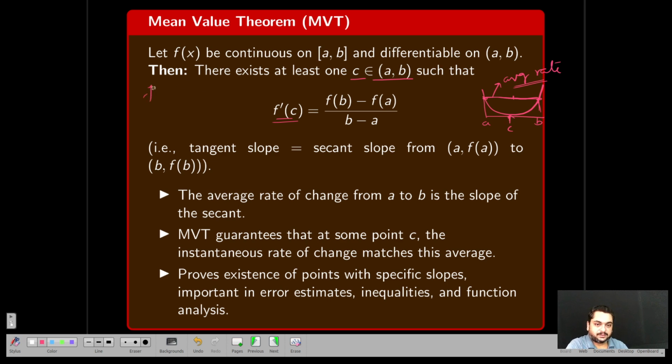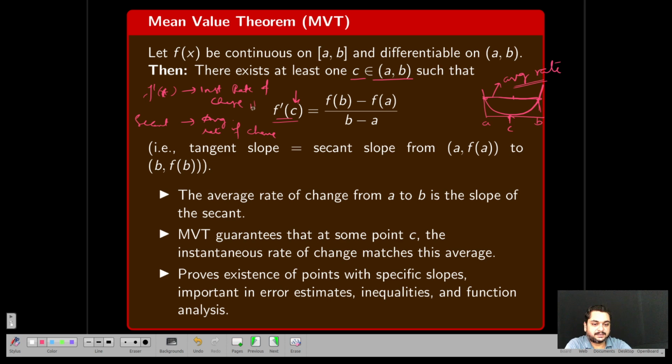f dash of x is the instantaneous rate of change, that you already know. The secant line or chord indicates the average rate of change. When f dash of c equals f of b minus f of a divided by b minus a,